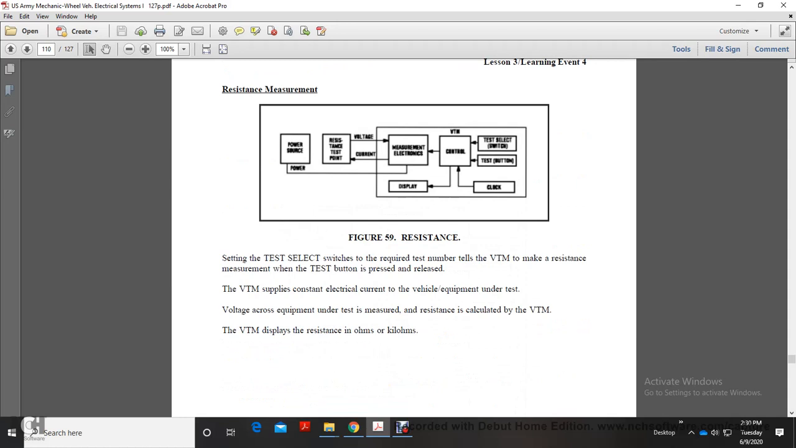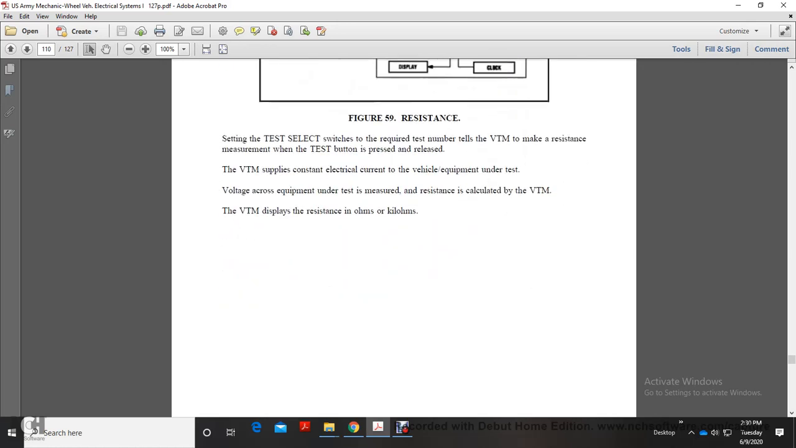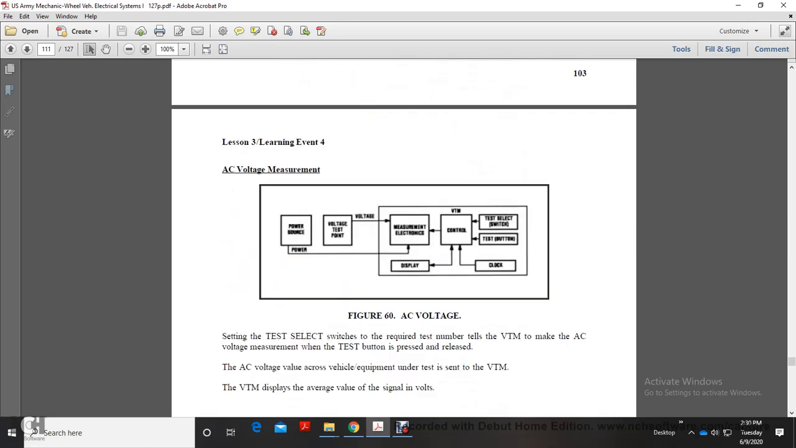A vehicle test meter. Selecting the test meter switch for the required test number tells the vehicle test meter to make the resistance measurement when the test button is pressed and released. The vehicle test meter supplies the electrical current to the vehicle equipment under test. The voltage across the equipment under test is measured. Resistance is calculated in the vehicle test meter. The vehicle test meter displays resistance in ohms or kilo ohms. Or your AC